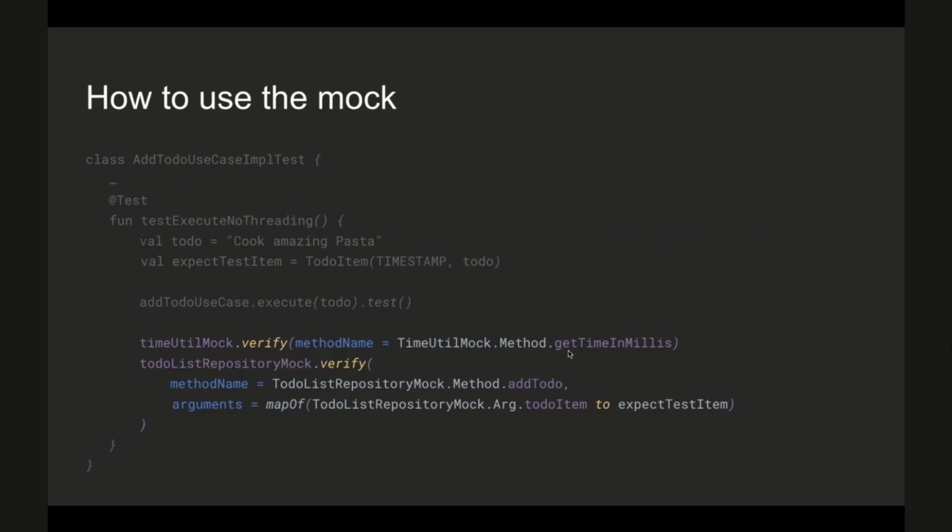You can see that in the getTimeInMillis, since it doesn't expect any arguments, the arguments are not there because it's optional. But for adding to-do, it's expecting an argument of to-do item. So we're passing the arguments map, and we're passing the expected test item we